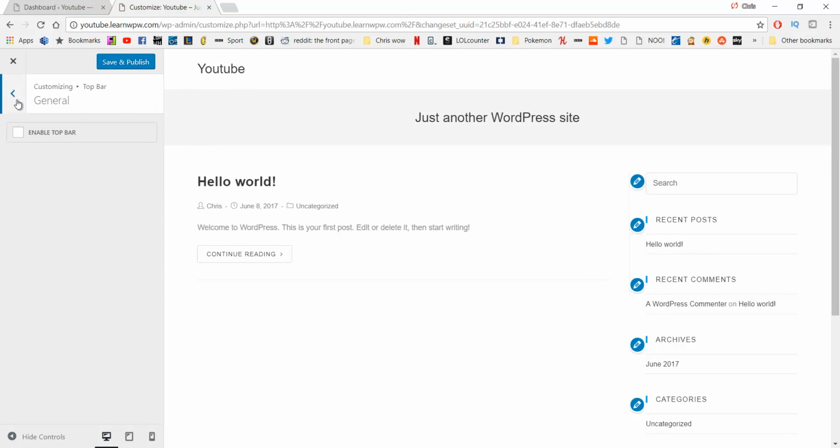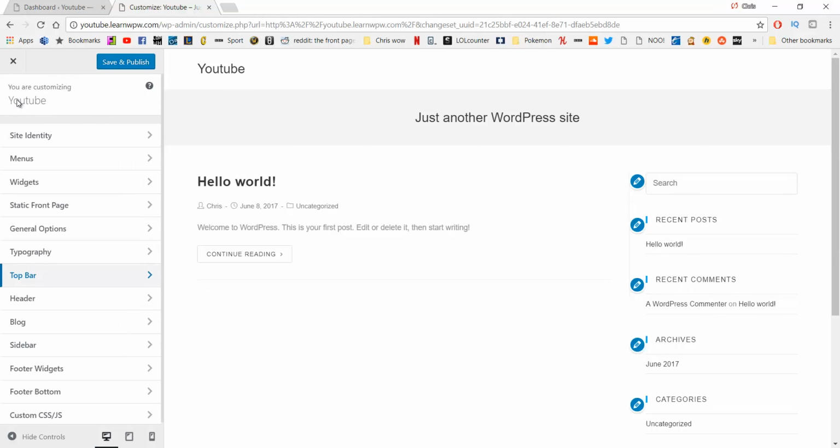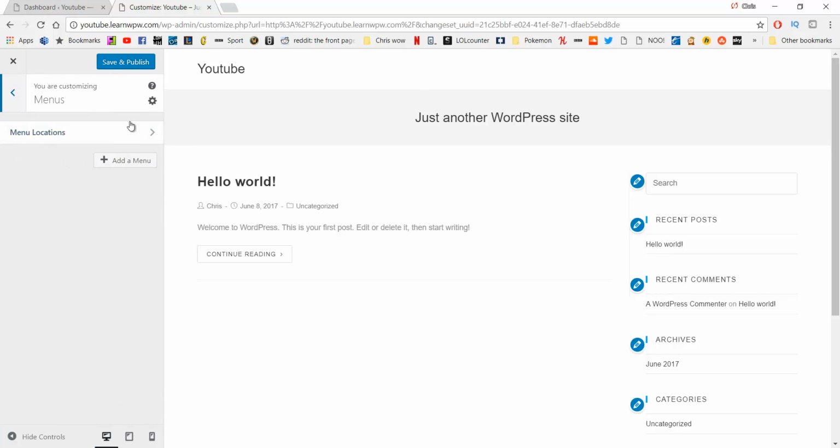Perfect. So now if we go back and back again, and we want to get this navigation menu set up, we're going to click on menus, and as you can see we have no menu, so we're going to click add a menu, and we're going to call it main, as it's your main menu. So if we click create menu there,